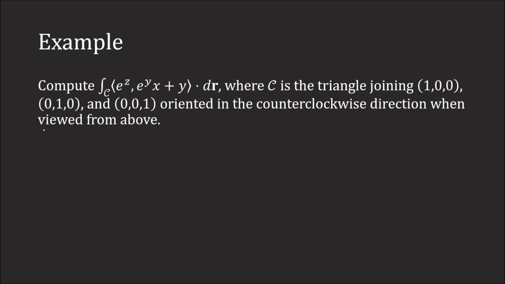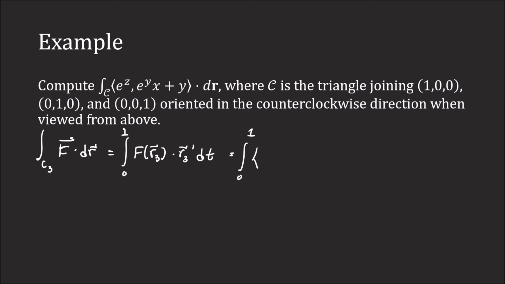If we now look at C3, the integral from 0 to 1 of f of R3 dotted with R3 prime. This will give us the integral from 0 to 1 of e to the 1 minus t, 1, t, dotted with 1, 0, minus 1 dt,